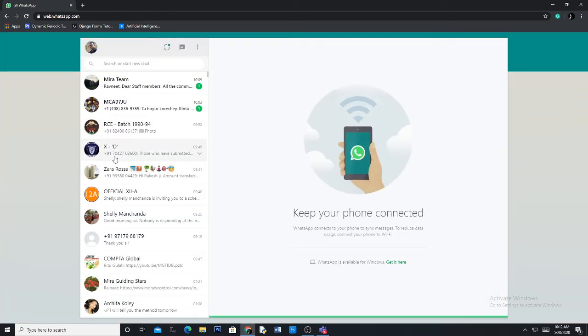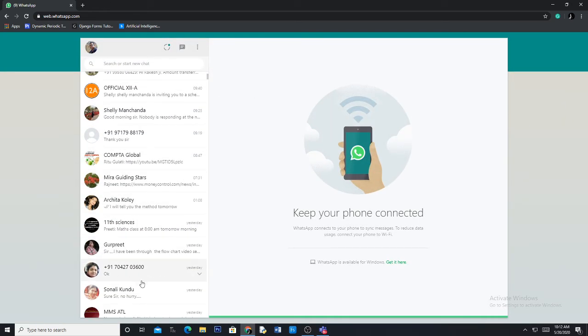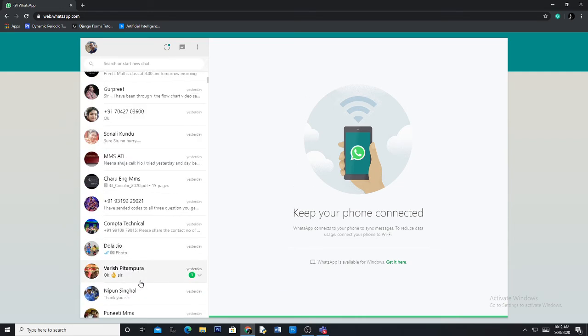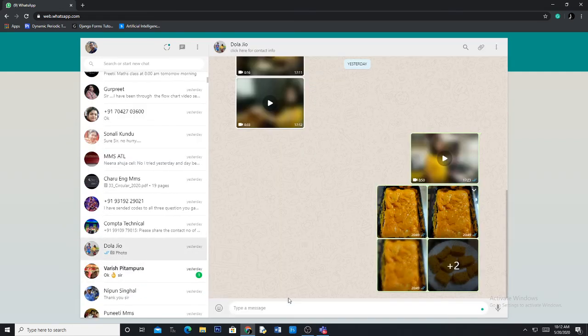You can go anywhere. Suppose I want to send someone, I'll go to that person, and here I do a control V. This is the code. Then I can write down: children, please add yourself in the team 7th AB, in the 7th A class WhatsApp group as well as the 7th B class WhatsApp group. Got it? This is the way it has to be done.